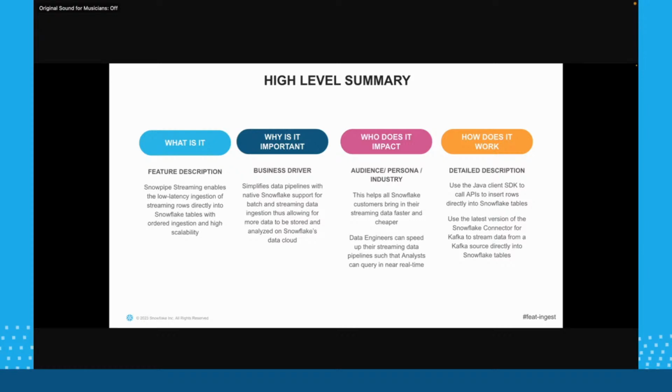Now, why is it very easy? Because it's a serverless task. You can set it up with very minimal configurations. We are going to see in the demo how easy it is to set it up. There are a few parameters based on which you can estimate the cost, like your number of clients, your volume of data, and your data types. These are the very few parameters based on which you can estimate the cost of Snowpipe Streaming serverless compute.